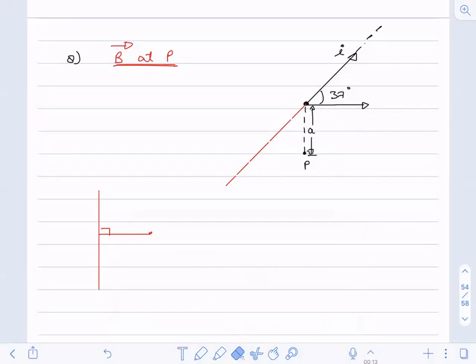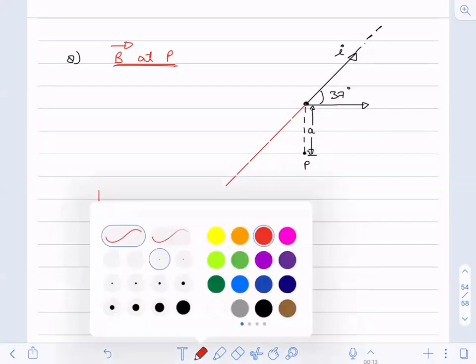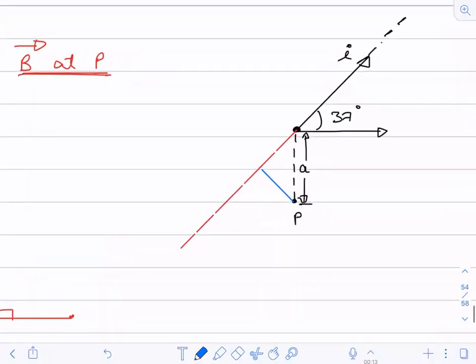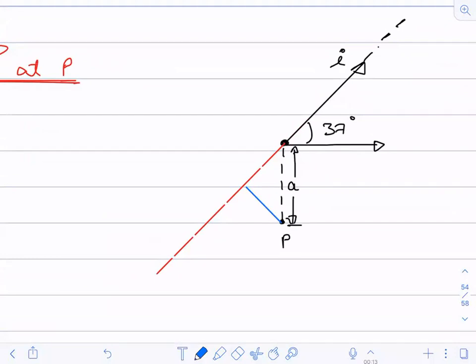So what you have to do is extend that wire downward. Now can you find out? Now it is very easy to draw. This is the perpendicular line. Have you understood? First, you extend this line and you will get a perpendicular. So this is the shortest distance R.